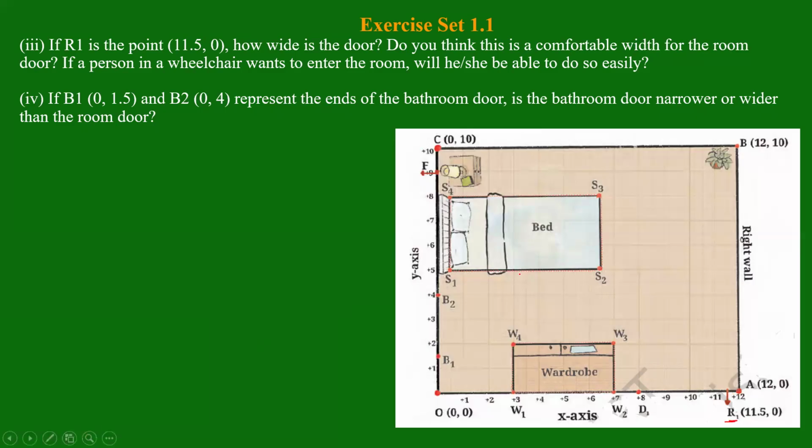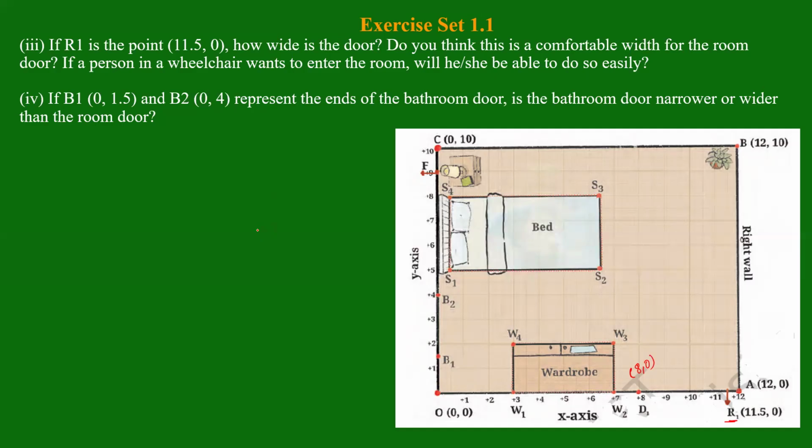How wide is the door? Okay, what is the width? So the D coordinate we just got is (8, 0). Do you think this is a comfortable width for the room door? Whether the door width is comfortable, that a person can enter. If a person in a wheelchair wants to enter the room, will he or she be able to do so